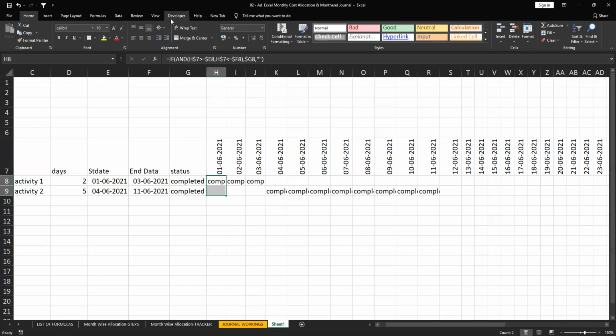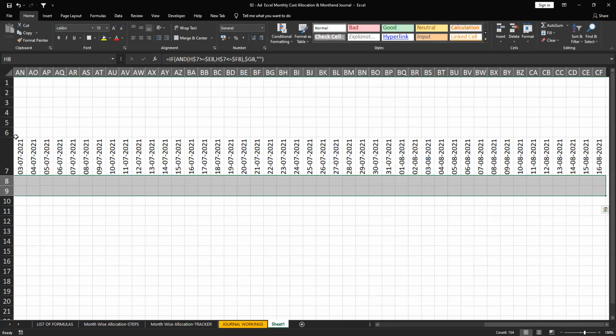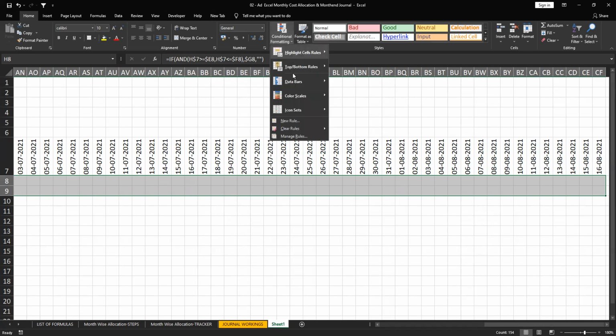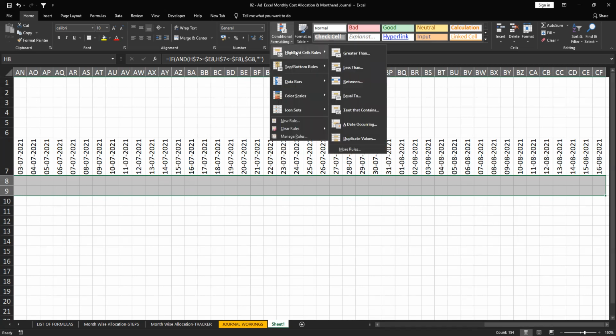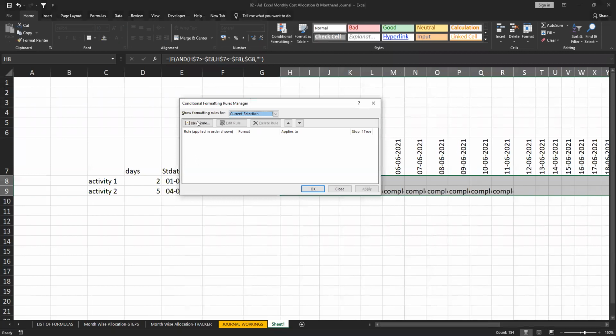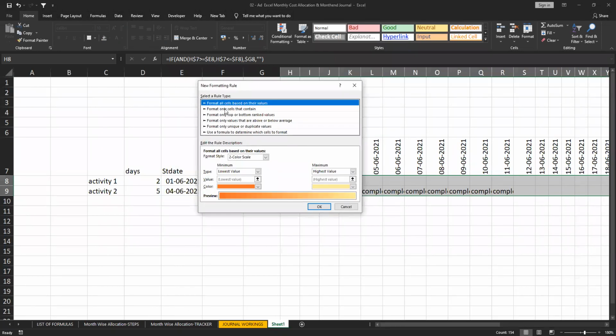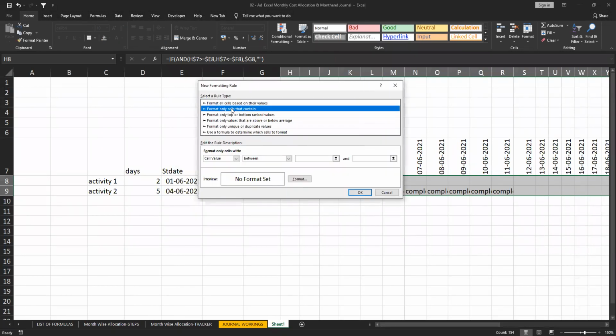Yeah. Now, in this, I want color, right? I don't want it for not completed, pending. So I need color for the completed one, and a different color for the pending one. Suppose I go to highlight, more rules here. Say cells contain, right?